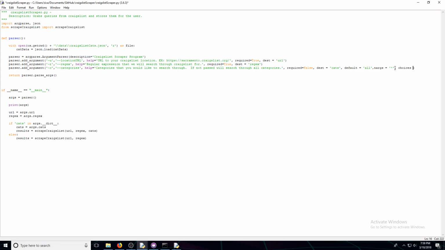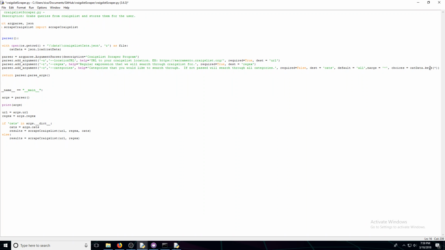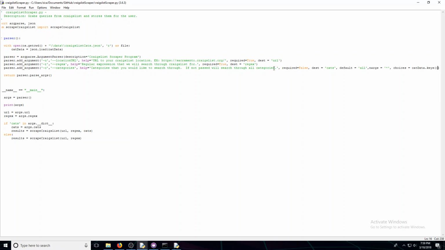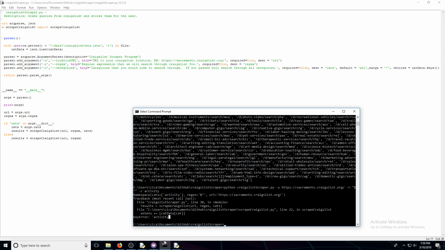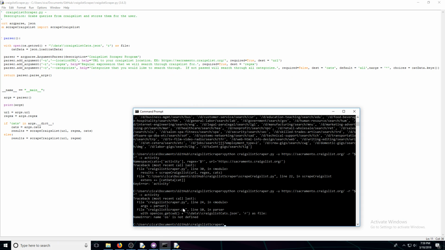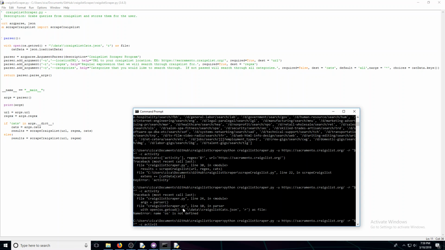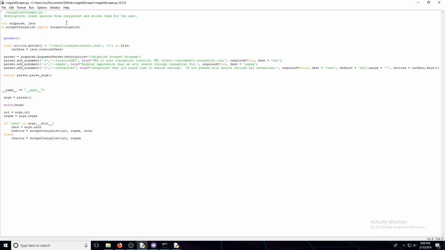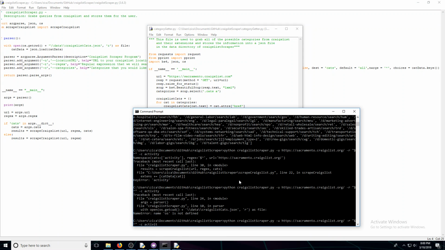Comma choices is equal to... that should work. So it's going to get the cat data keys of this thing. So now if we run this again. Oh wait, hold on. And we didn't import OS either, so we need to import that too. OS. Now if we run this,